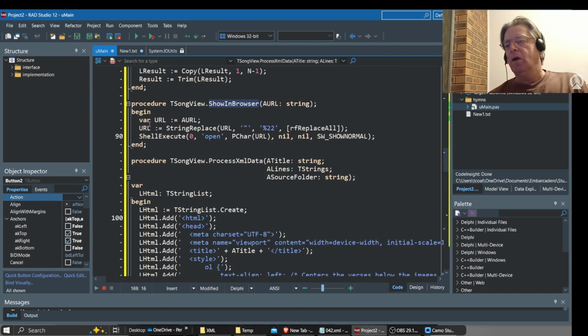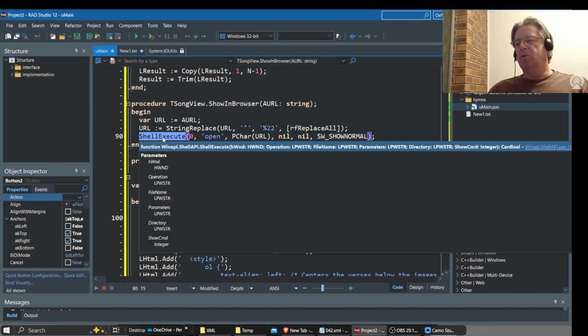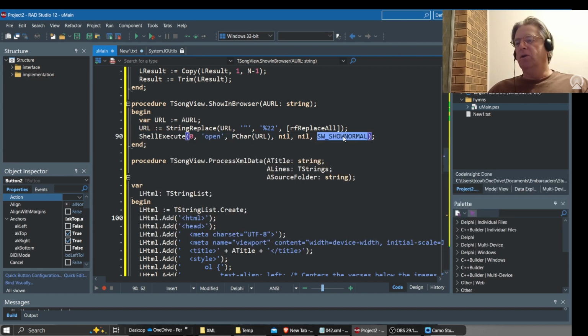That's here. And what we are doing here is escaping: if you have a double quote here, we need to put a %, and then it just becomes a shell execute here. In this case, we're going to be doing an open command, showing the window as normal, and this is the file that we are going to display. So now when we run the program,